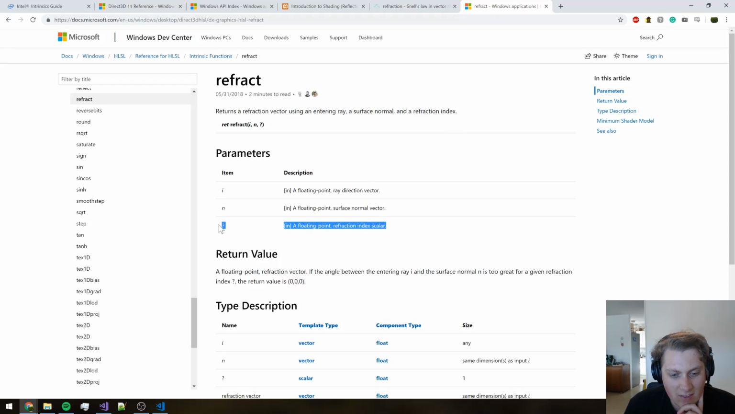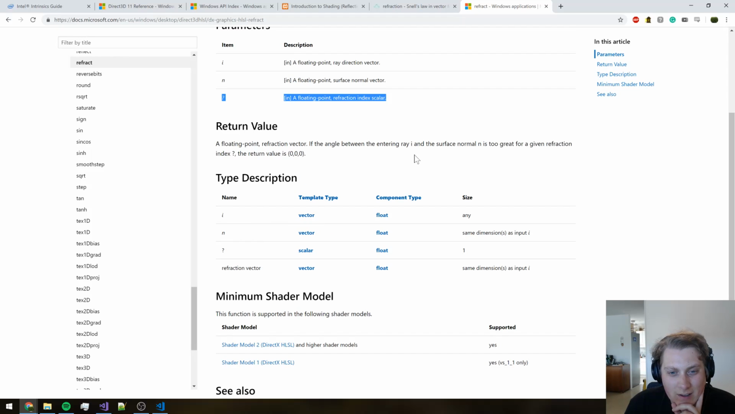I really hate that the third parameter is just a question mark. If the angle between the entering ray I and surface normal